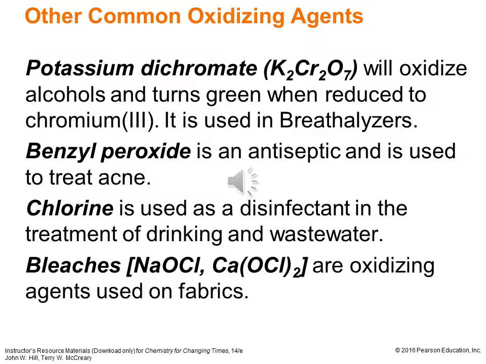Some other common oxidizing agents include potassium dichromate, K2Cr2O7. That was used in the early breathalyzers because it oxidizes alcohols and turns green when the chromium's reduced from a chromium +6 to a chromium +3. Nowadays, the breathalyzers typically use a fuel cell reaction, so you don't deal with the hazardous potassium dichromate that used